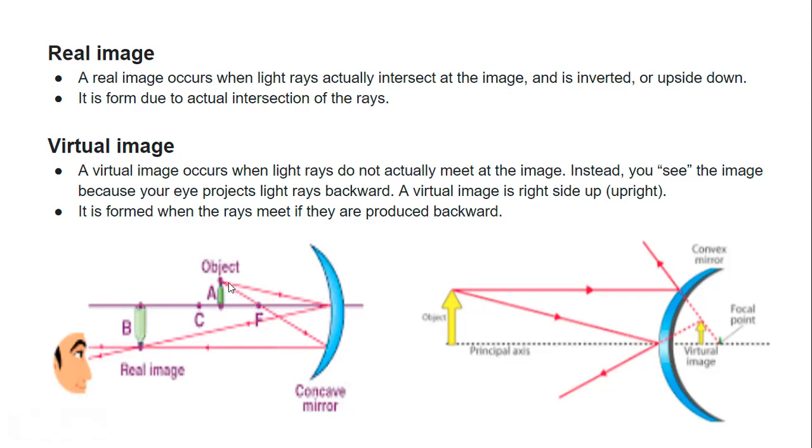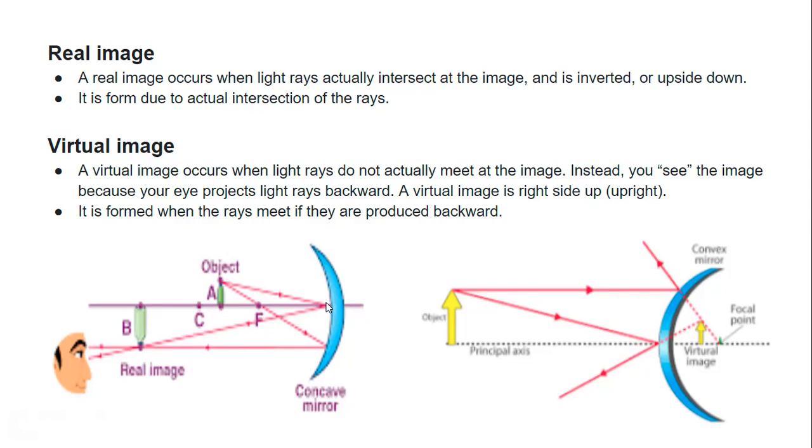When you go for the ray diagram for image formation, we need to draw at least two rays for image formation. At least two rays are required, minimum. These two rays are always going to be incident on the mirror from the head of the object, from the top of the object. So you can see one incident ray is incident on the mirror at the point of pole. When a ray of light is incident at the pole, it will reflect back with the same angle